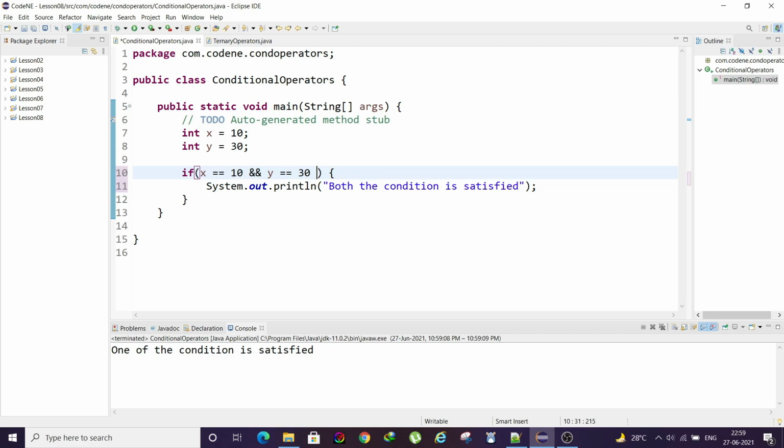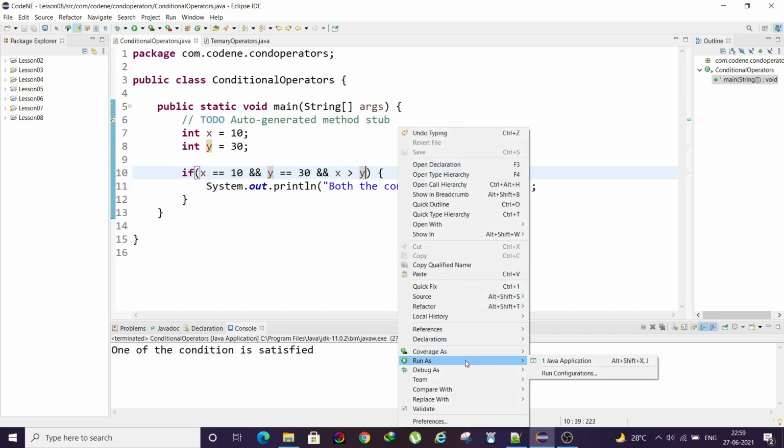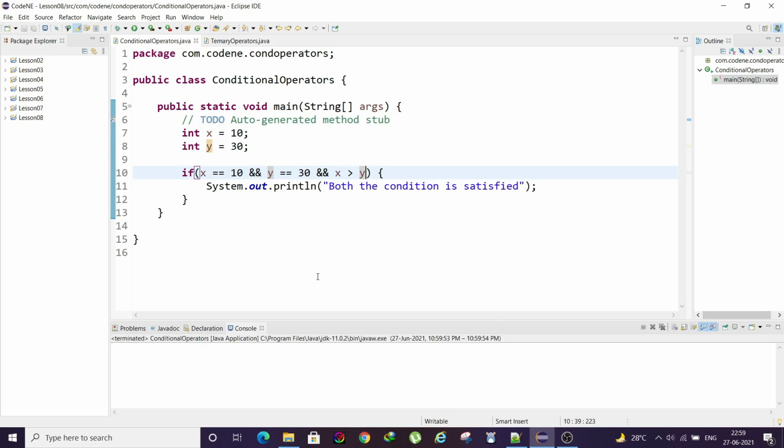It is not necessary that we use only two conditions; we can use multiple. For example, if I put x greater than y, now there is no output, because as I said, the AND operator does not just check between two, it checks all of the conditions.